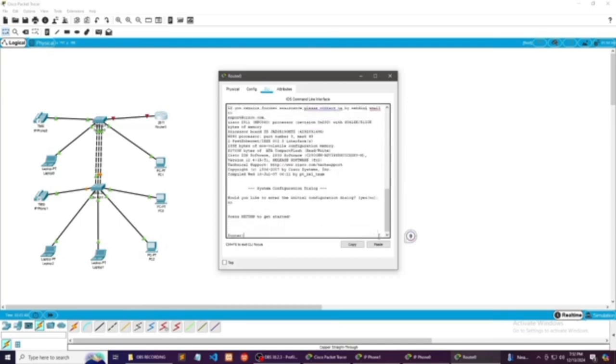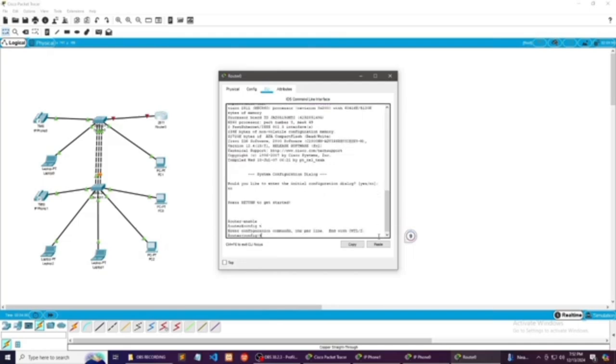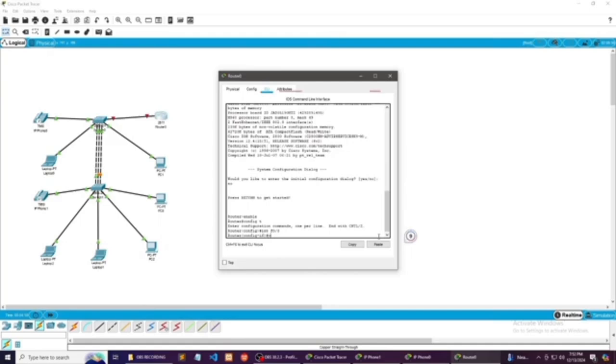So first, enter, type no, then enter, then type EN or enable. Yeah, type enable, then enter, type config t, and then enter, type int f0/0, then enter, then type no shut.